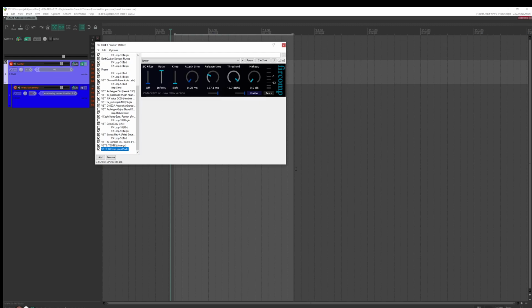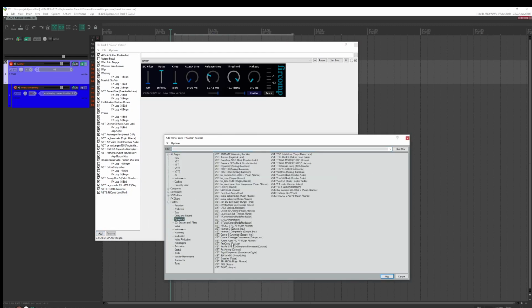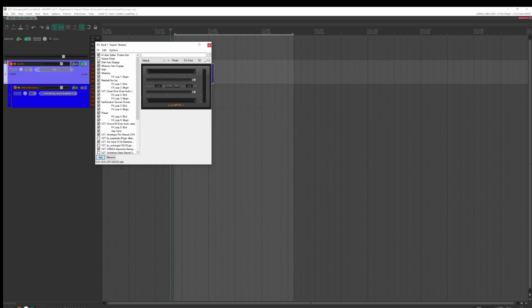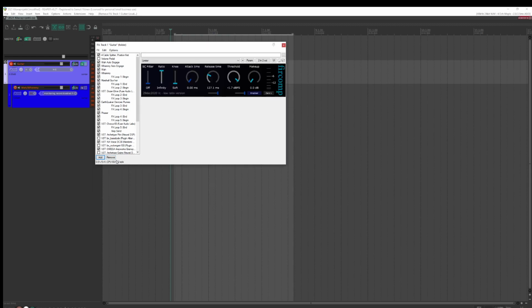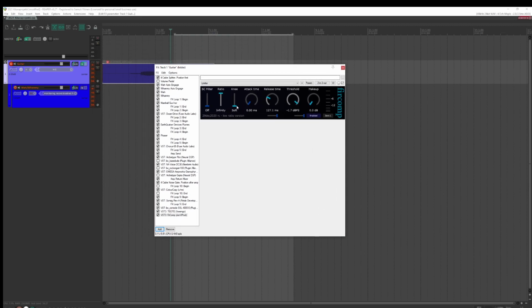Usually limiters tend to add latency. Another nice free one is LoudMax, but it adds 60 samples of latency, so I would rather use FurComp, which has no latency. You can set the attack time to 0 milliseconds. Actually I use soft knee, so even though the ratio is infinite, it's not necessarily a hard brick wall limiter because of the soft knee. But then if you set it to hard knee, you can